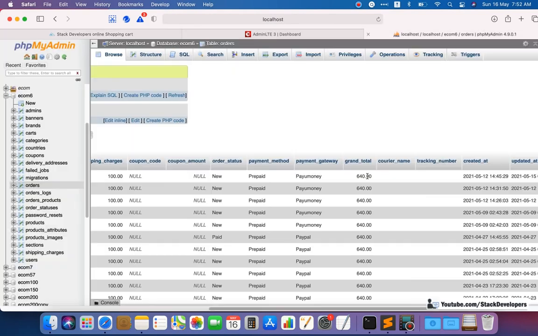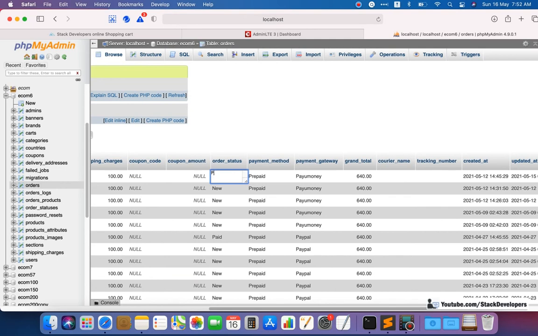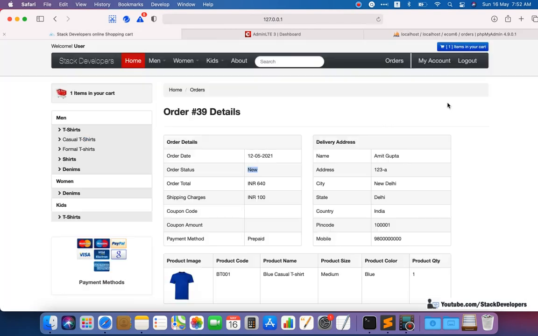We can update the status to pending as well, pending looks good. With every prepaid order we can update the status to pending. So the status is pending at our end, at the website end, but the payment has actually been made at the payment gateway and the amount is already deducted from the bank. At that time this API comes into play, and it will update the status.